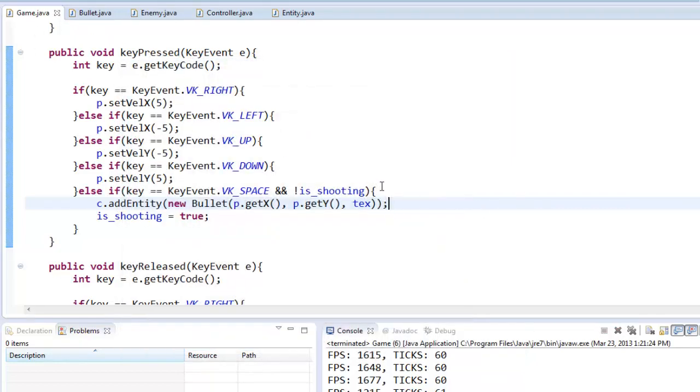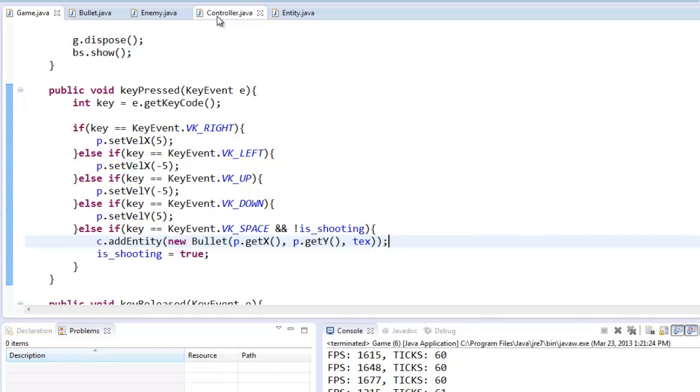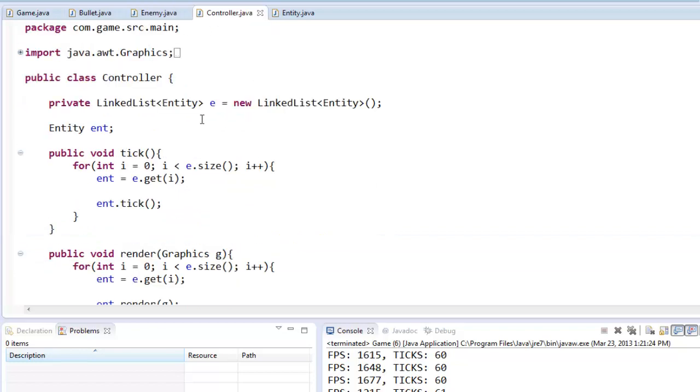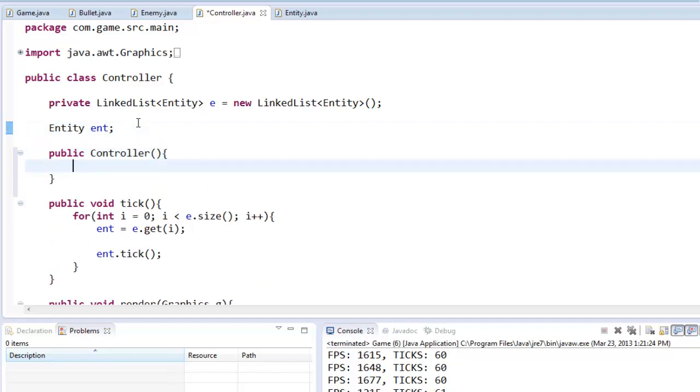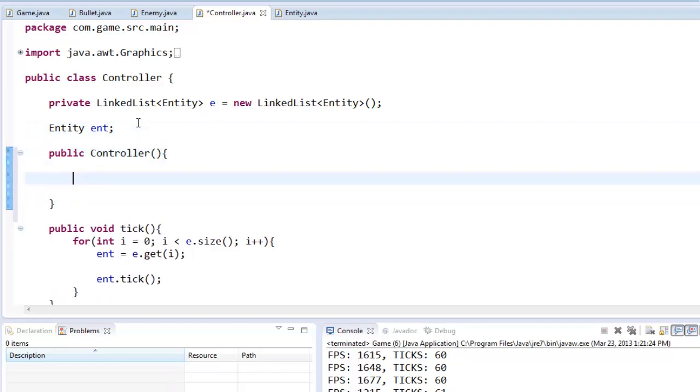Okay, and now let's create a couple enemies as well. So let's create a controller so we can add some enemies in here. I know I did this in the last tutorial, so I didn't actually put that down again, so just bear with me here. But I'm just going to say addEntity, new Enemy,